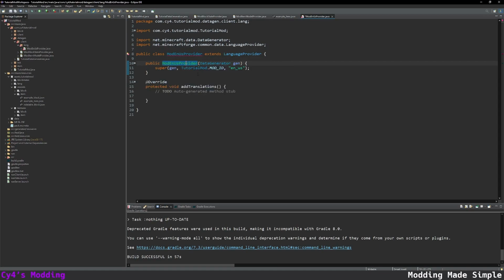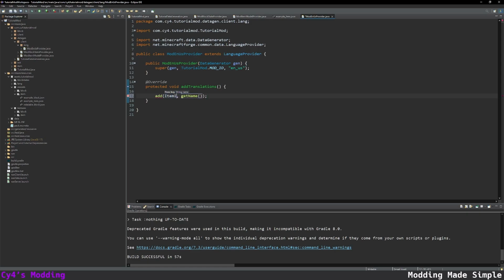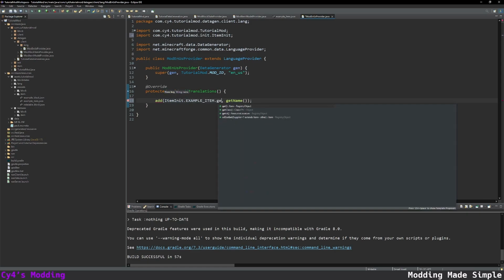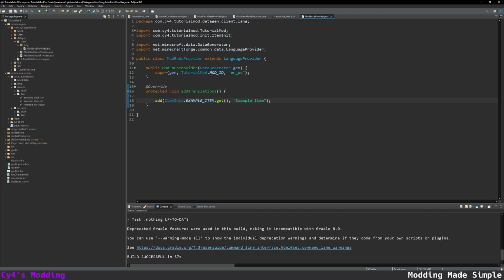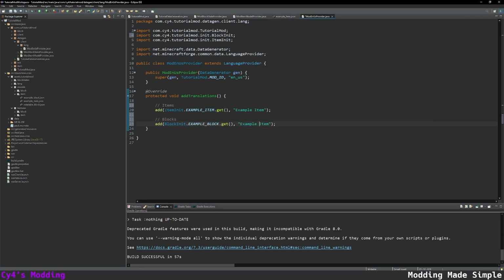Then we can hover over this and click add to add our translations. And now we can add our translations for literally anything. We can add blocks and items as keys. So for example, we can do addItem, so we can do item Init.EXAMPLE_ITEM.get(), and then set that equal to "Example Item". We can also do similar things for blocks by just changing this over here to block Init.EXAMPLE_BLOCK.get() and this to